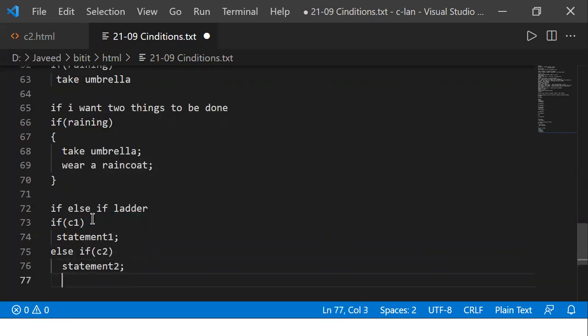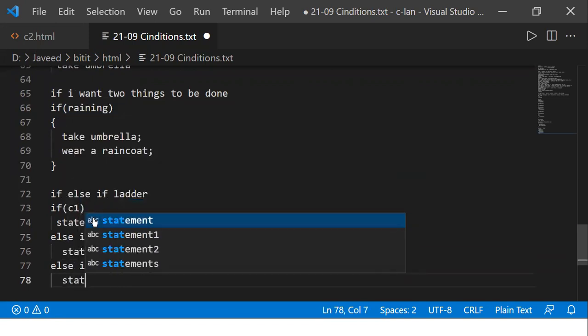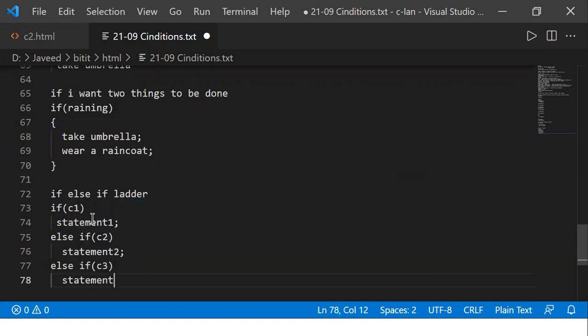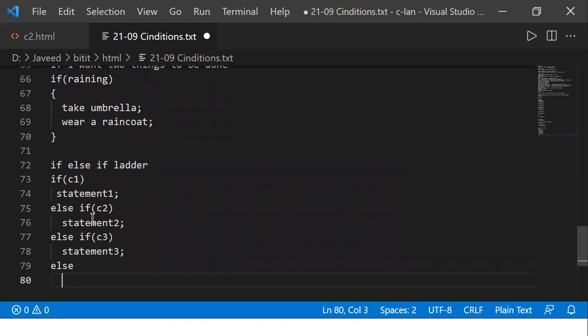Now else, one more condition, if third condition, then statement 3. Then if none of them are satisfied, I'll write the else part, else some statement, let's call it statement number 4.